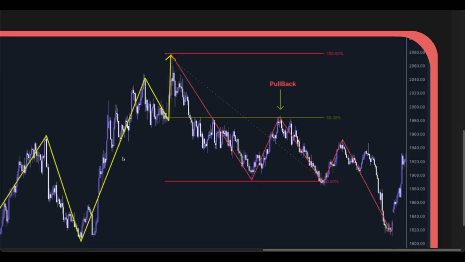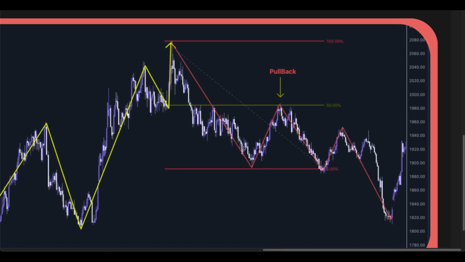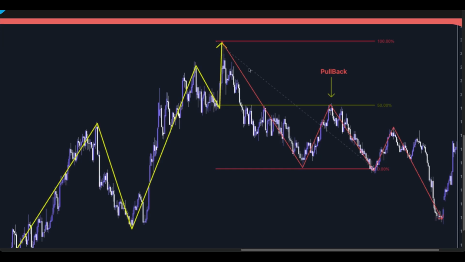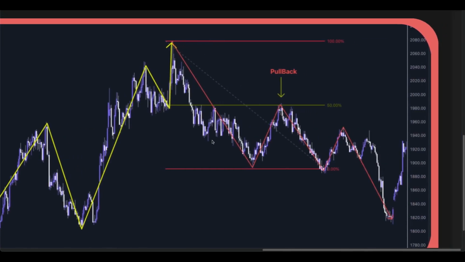But as soon as you see that break of structure from here to here, you could try anticipating that pullback because of this higher low point, but I would not recommend doing that, because again, that's too risky. But as part of your analysis, maybe if you're doing an analysis on a higher time frame